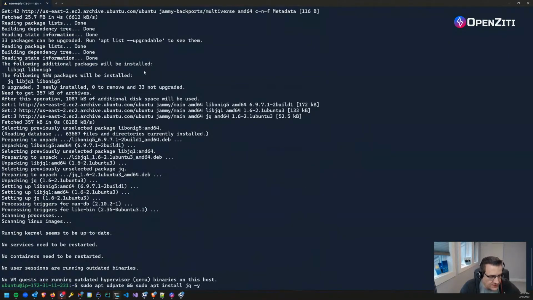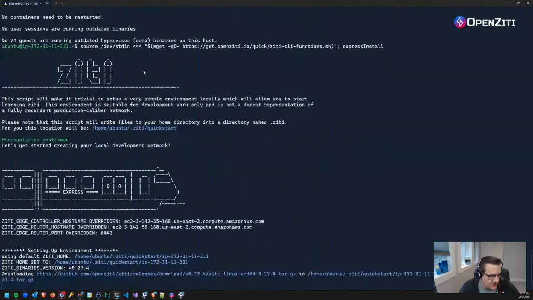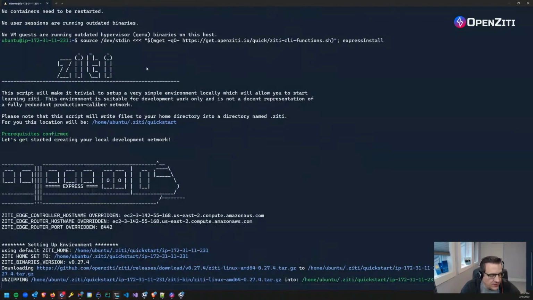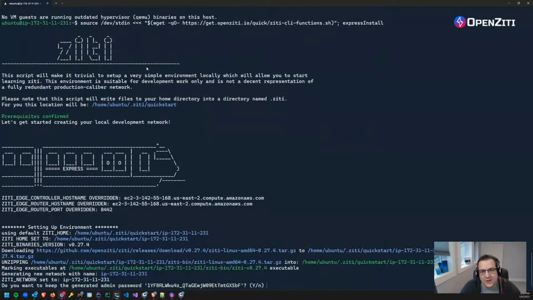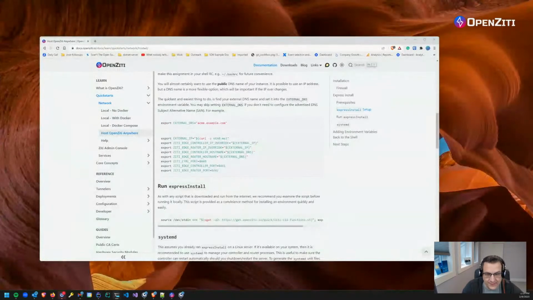All right, so now let's run the express install again. Download the latest version of Ziti. We'll make a whole PKI. Part of this is going to be making it work with the default PKI that gets generated. Oh, we probably should do this off stream. Let's set export ZITI_PWD equals